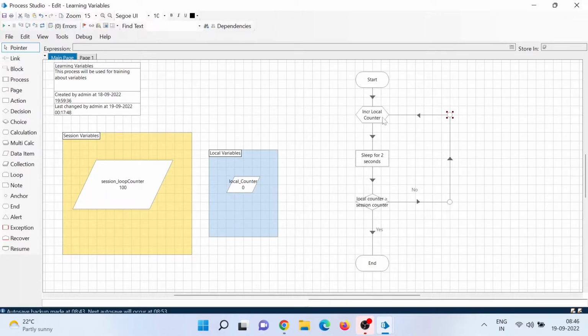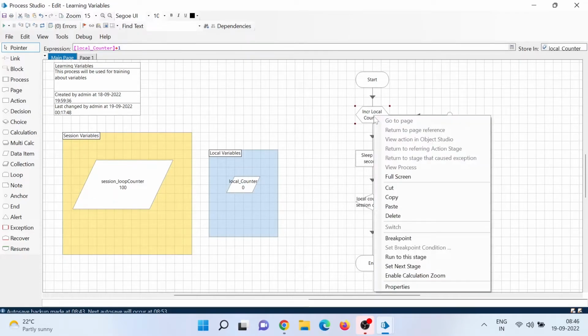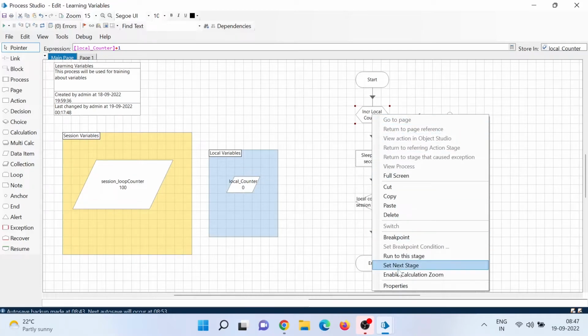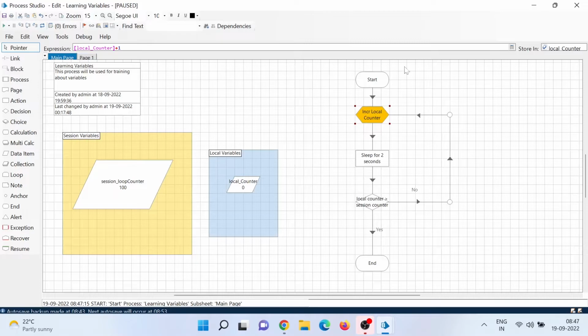Let me show you one more thing: if you want to debug from here, let's say I don't want to directly run, because if I run, it will start from the start. Let's assume I want to run from the increment local counter. What I do is right click on that stage and set next stage. So your control directly comes here and it will start from here. Now if I step over,